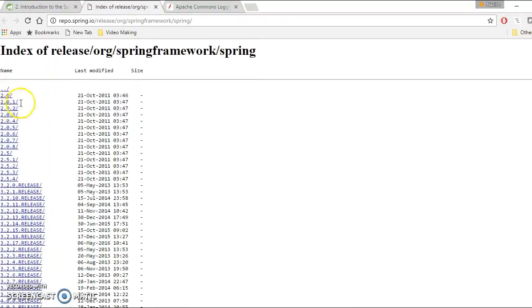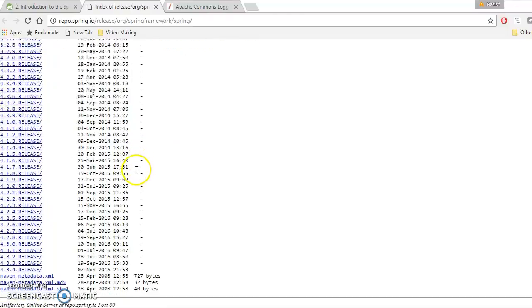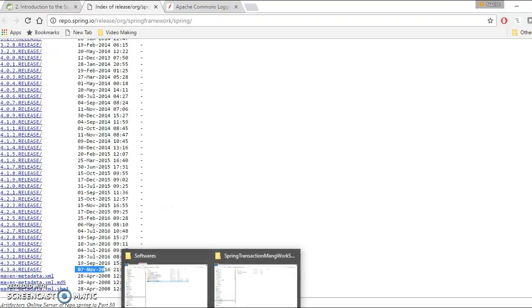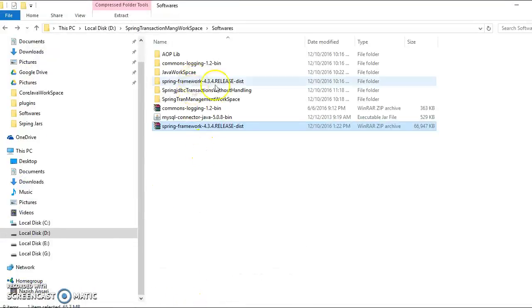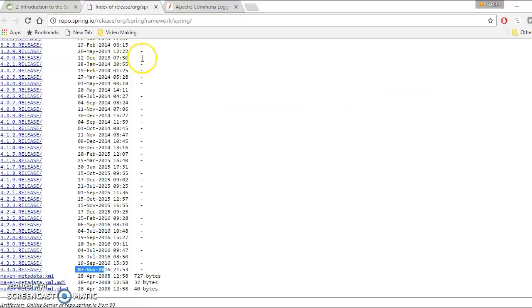You can get the latest version as well as the old versions. The latest version is 4.3.4, released on the 7th November 2016. This distribution file I have already downloaded on my machine, kept in this location, and unzipped. This is the location from where you can download the Spring distribution file if you are not using Maven